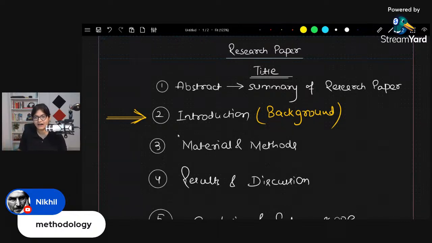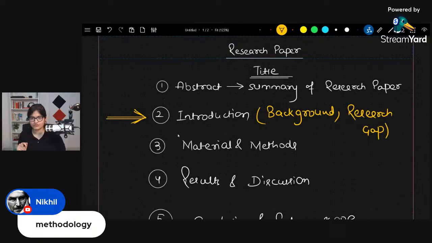After that, in the introduction part, you will talk about something called a research gap. Research gap. What is the meaning of research gap? See, you are writing some research paper. You have done a lot of research as well. But the obvious thing is that you will have found out some sort of research gap, right? कुछ ना कुछ तो ऐसा होगा जो कि अभी तक डेवलप नहीं हुआ, और आप उस पे काम कर रहे थे, और आपके पास में कुछ ऐसा रिजल्ट आया जो कि आपको लगता है कि आगे जाना चाहिए, पब्लिकेशन में